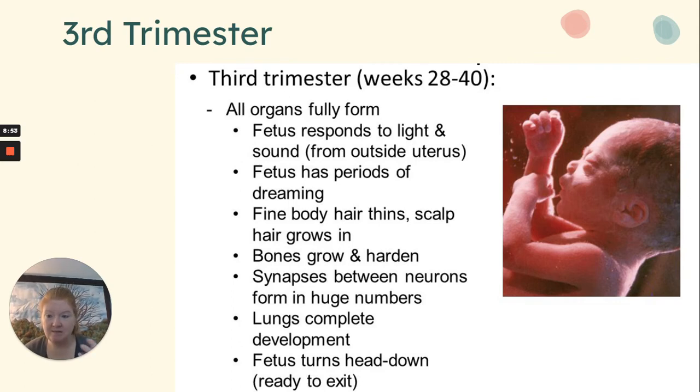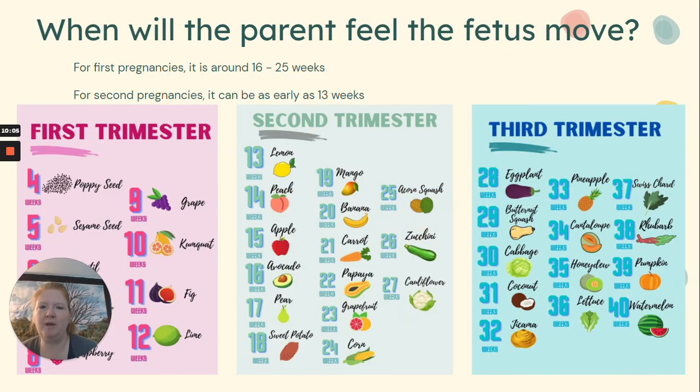The synapses, remember those spaces between neurons, form in huge numbers. So that means literally connections are being made at an amazing rate. The lungs complete their development. So a fetus born before the third trimester has a much harder time outside the uterus because their lungs are not fully developed. And then the fetus turns into, at some point during this trimester, into a head down position, which is normal pre-delivery. Okay,